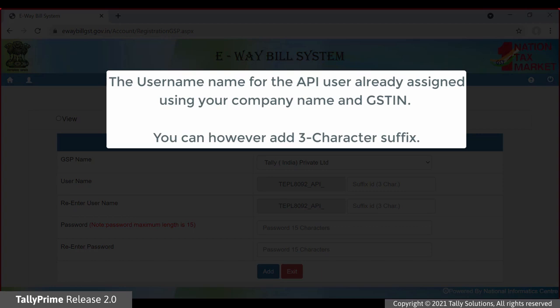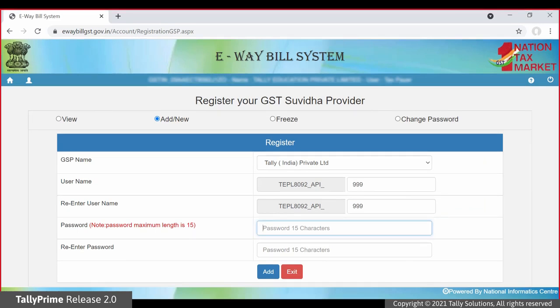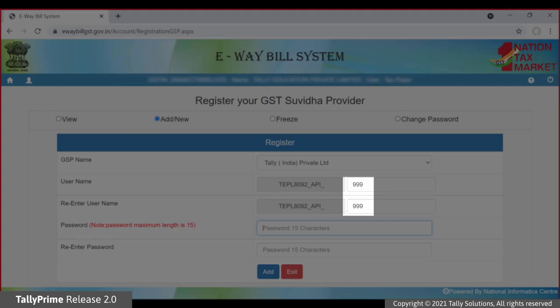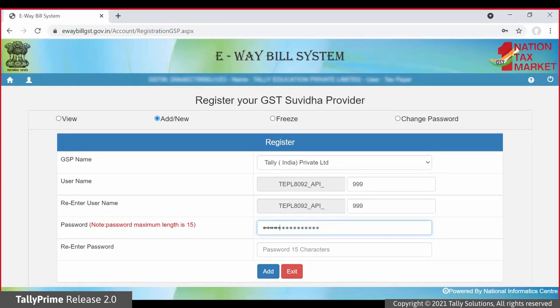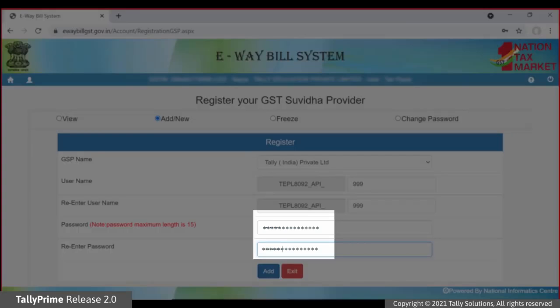You can add a 3-character suffix to the username. Enter a 3-character suffix in the username and re-enter username fields. Enter a 15-character password in the password and re-enter password fields.